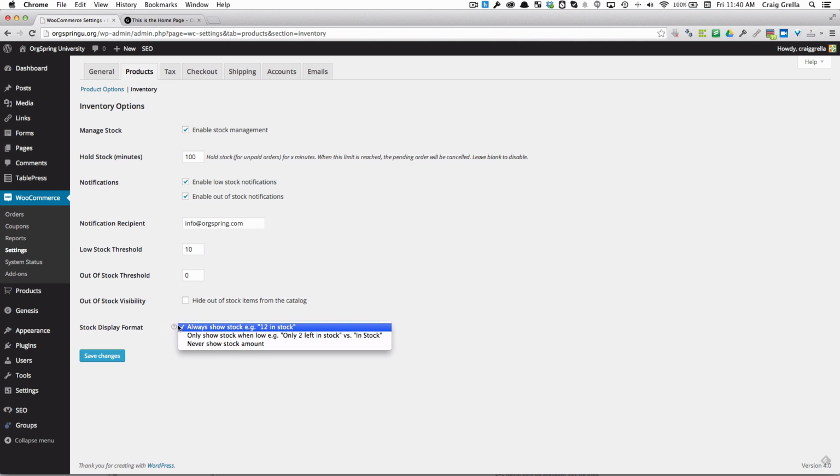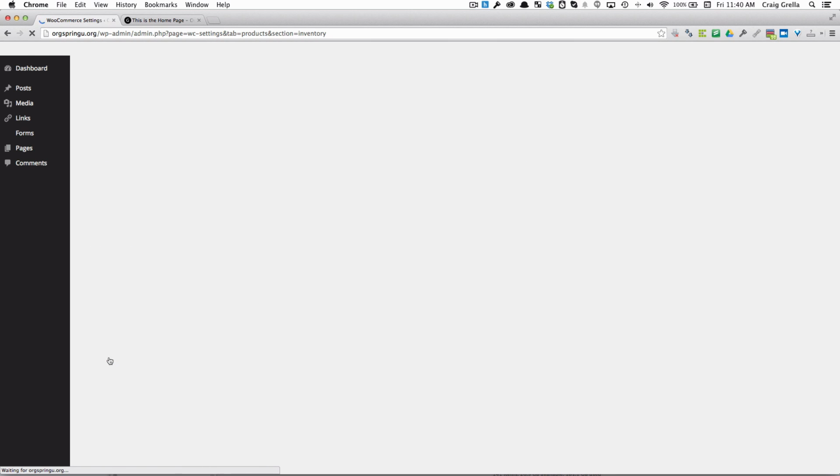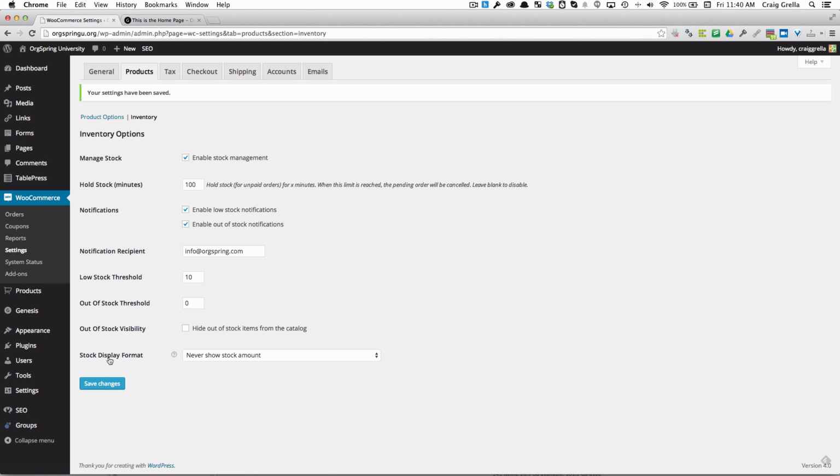For stock display format, you could always show a number in stock. You could only show when it's low, like only 2 left in stock, or never show the stock amount. I prefer not to show the stock amount, but you can choose that depending on what you want to do. I'll click Save Changes there. Now that completes all of the product tab element changes. From here, we will move over to the